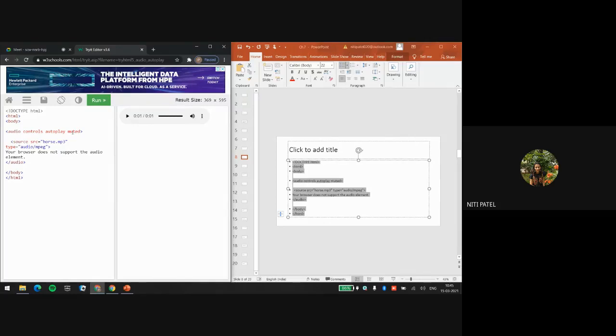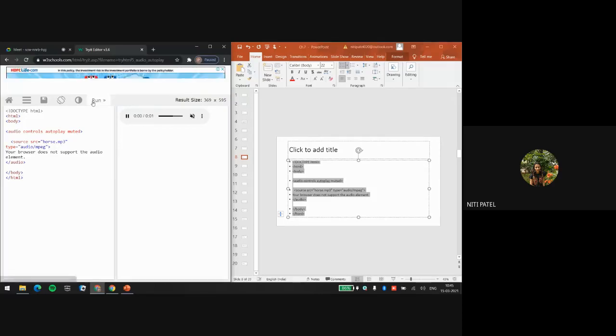What I'm going to listen to is this horse.mp3. But will I be able to listen to anything? No, because I have kept it muted. Now see the code. When I click on run, something is getting played, but you are not able to listen. Observe the timing: it started at 0:00, and in 0:01, one second, the audio completed, but did you hear anything? No, because the speaker is already muted. Can you see that? So I'm running the code again. See, 00 to 01 happened, but the speaker was already muted. Why was it muted? Because you have added that muted.